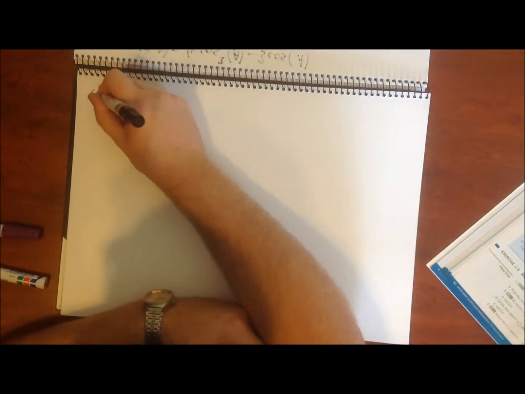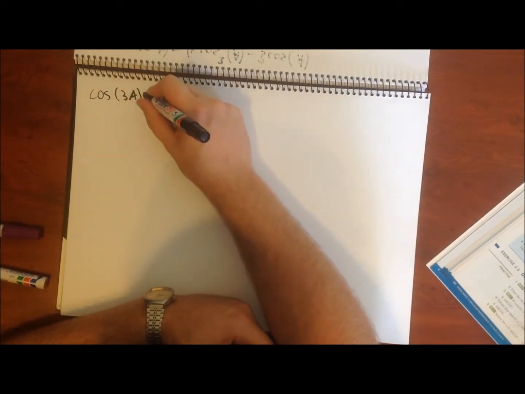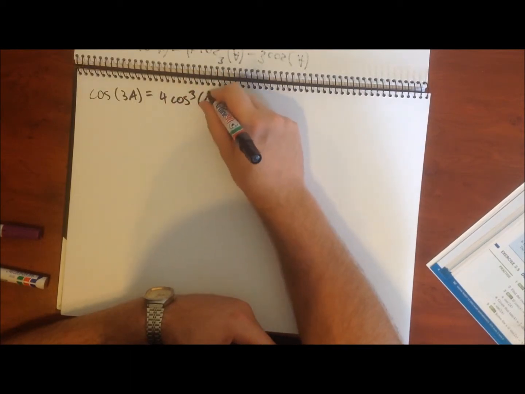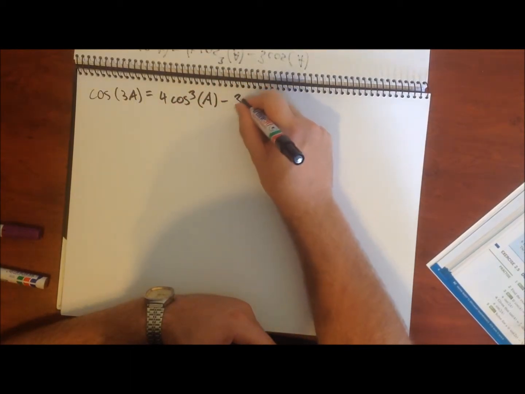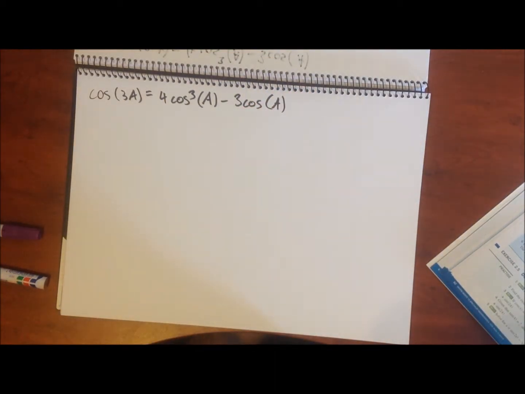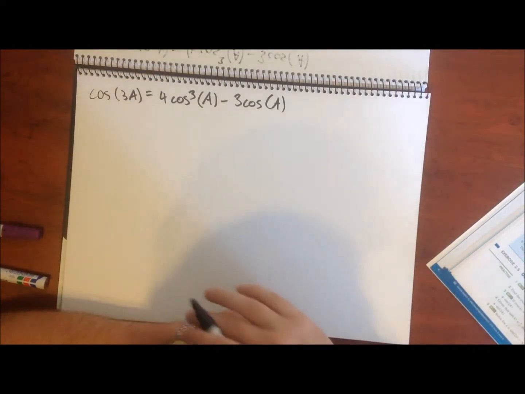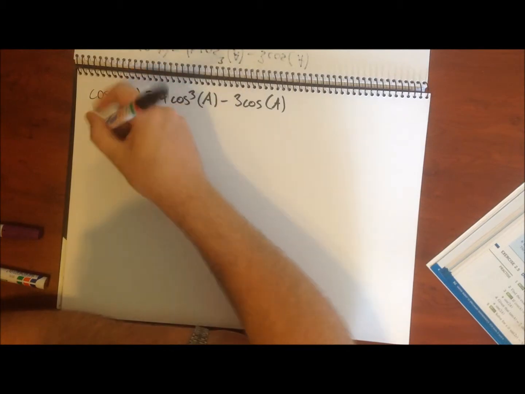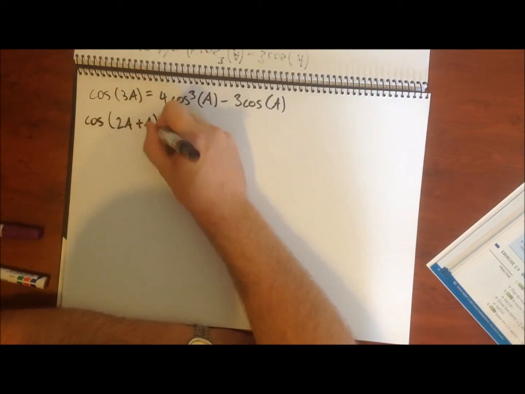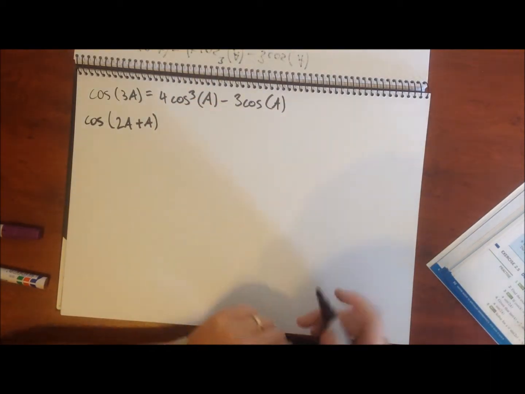Okay, so we have our cos 3A equaling 4 cos cubed A take 3 cos of A. Okay, so we've got to prove that identity. So our left hand side, we can think of that as cos of 2A plus A. We're thinking of our left hand side like that because we can do that, and that means that